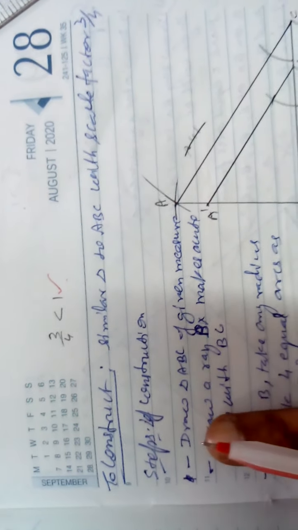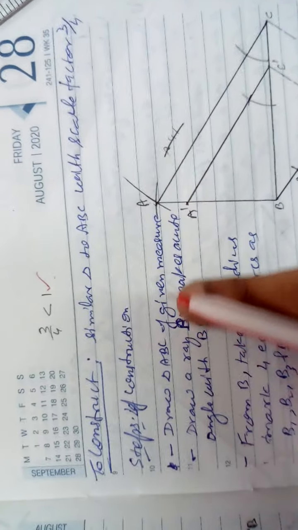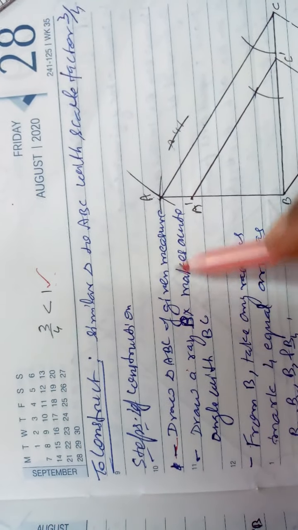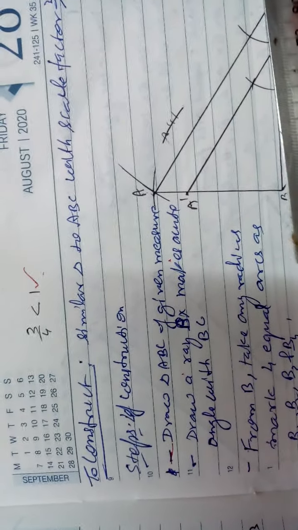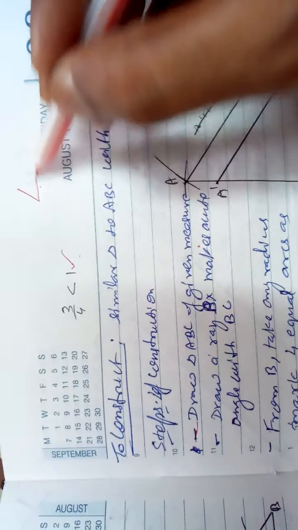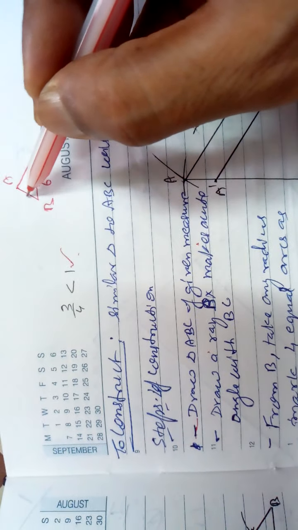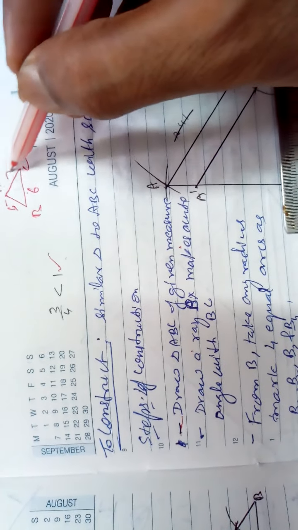First of all, triangle construction is given in class 7th, and 9th also. So you will draw the triangle of given measure. First step of construction is this. Draw a triangle of given measure means, first of all I have drawn a line BC as base. Rough figure you will draw. What is given? BC is given 6, AB is given 5 and AC is given 7.